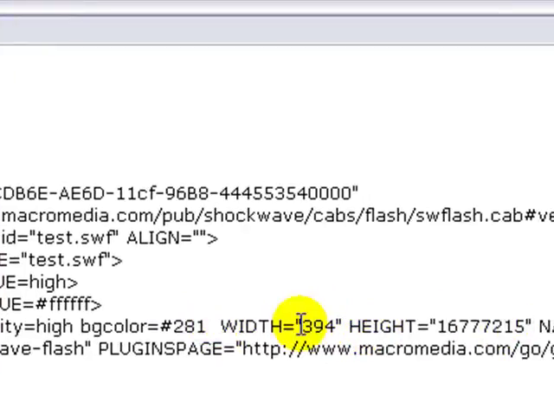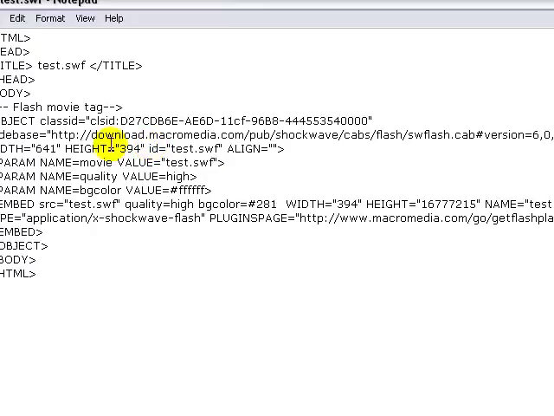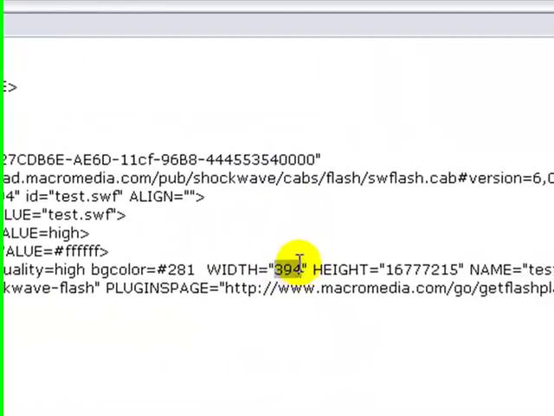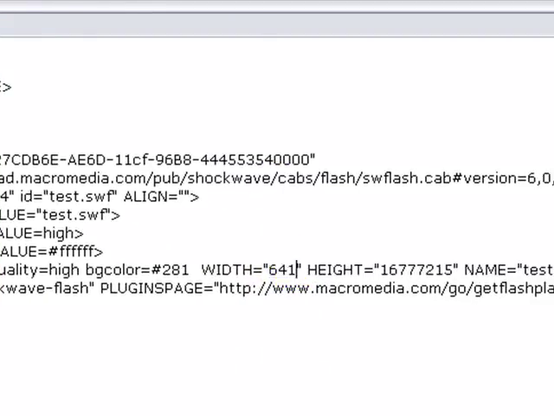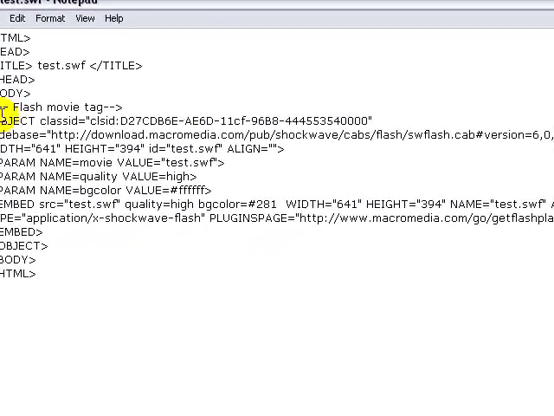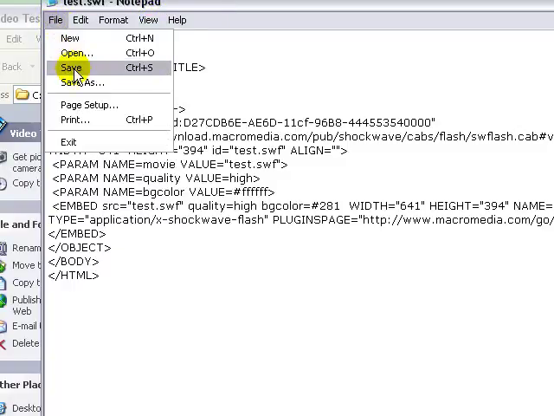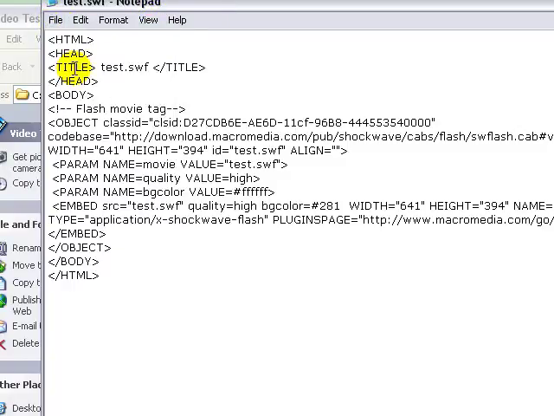Now all you have to do is to change these two to match these two. So if you go, width is 641, so width is 641, height is 394, file, save, close it down,